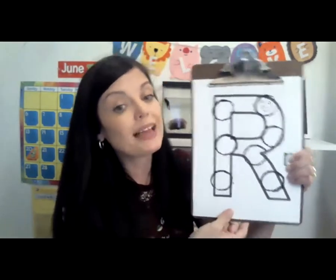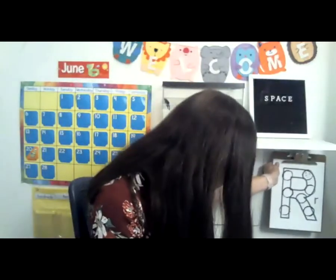Now that we know what letter R looks like, let's talk about what letter R sounds like, okay? Letter R sounds like this. You have to take your top teeth, put them on your bottom lip, and then just kind of hum through. Can you try? Letter R says,